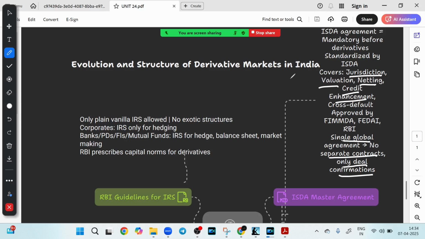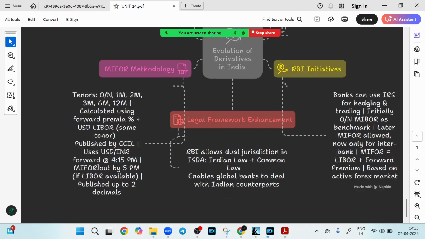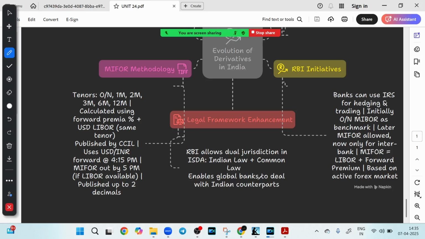It is backed by RBI, FBIL, and FIMDA. Right. So this provides global legal strength, right? If you look at the legal framework on the right hand side, at the bottom you can see that RBI introduced a major boost. What did RBI introduce? Dual jurisdiction under ISDA. Now derivatives can operate under both Indian law as well as common law. That is what RBI has introduced, a legal framework enhancement. So this move empowers global banks to